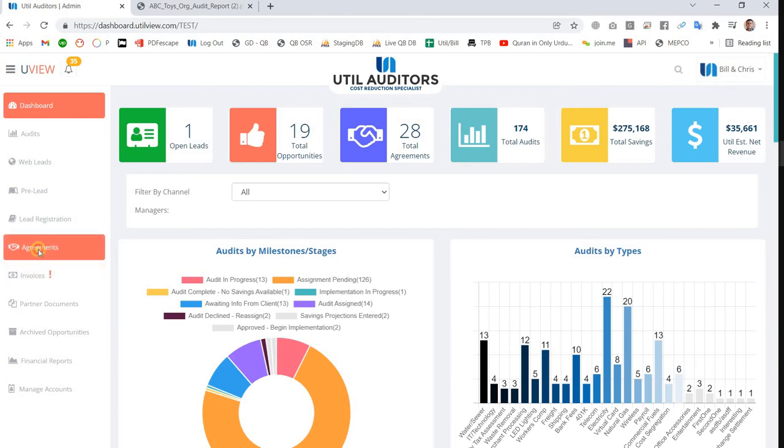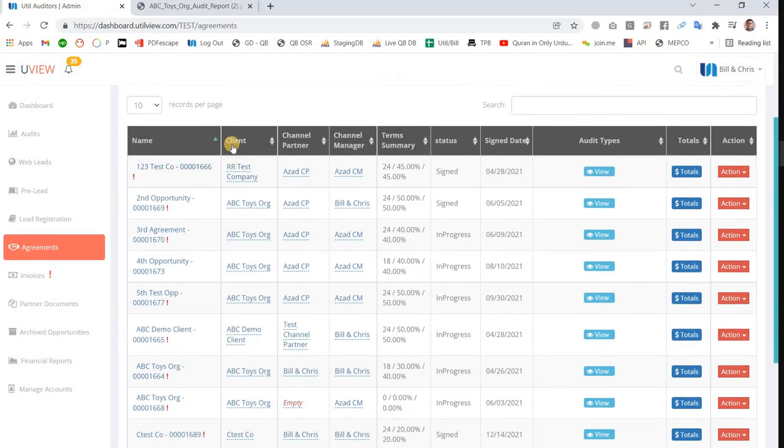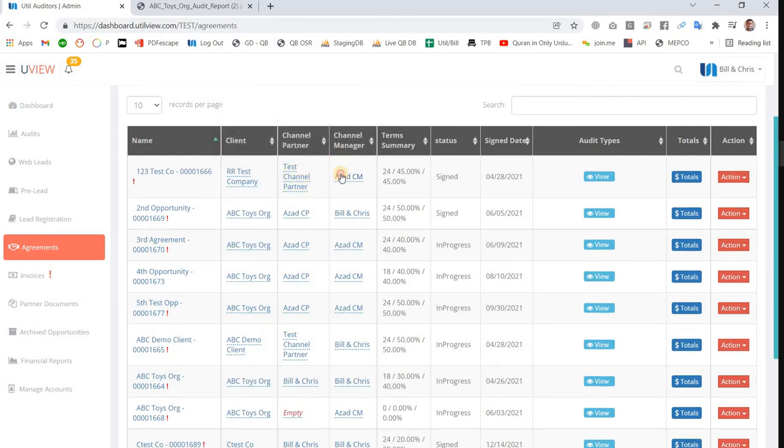You can go to the agreements, and from here you can update even a client, channel partner or manager for an agreement. You simply click here, and it will show you all the available partners in our system, and you can choose any of them and hit this button and it will update. Same for the channel manager, and same for the client.